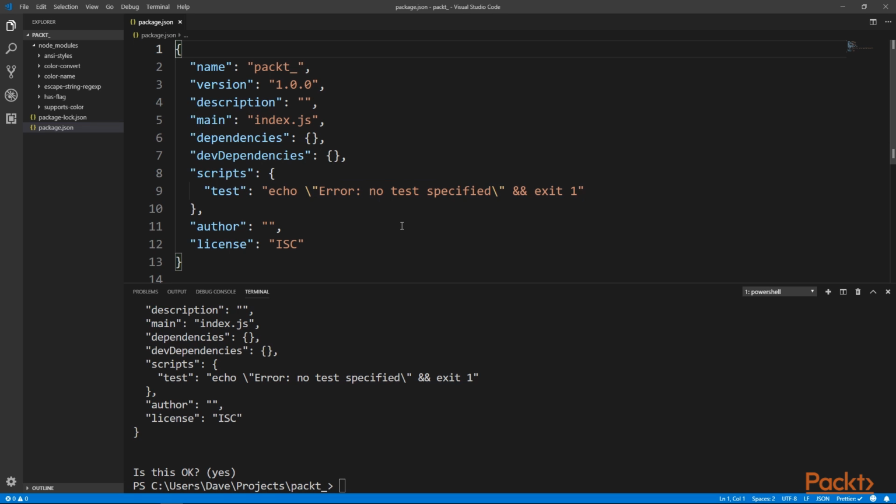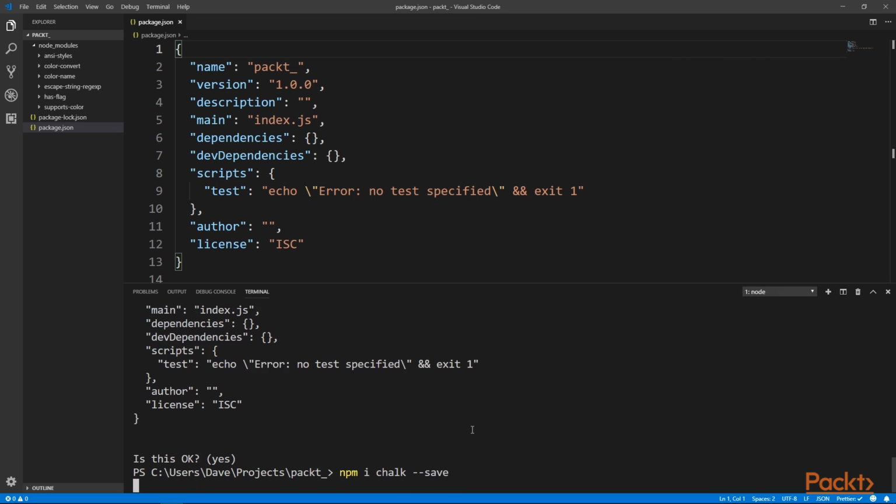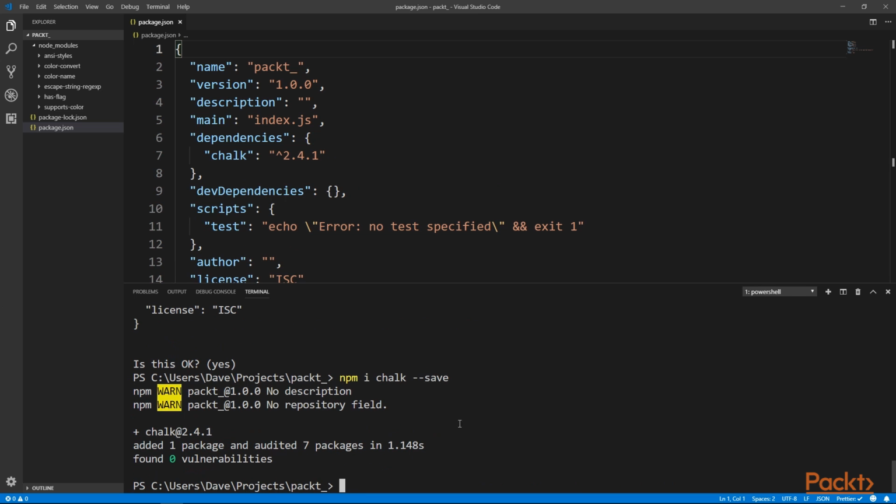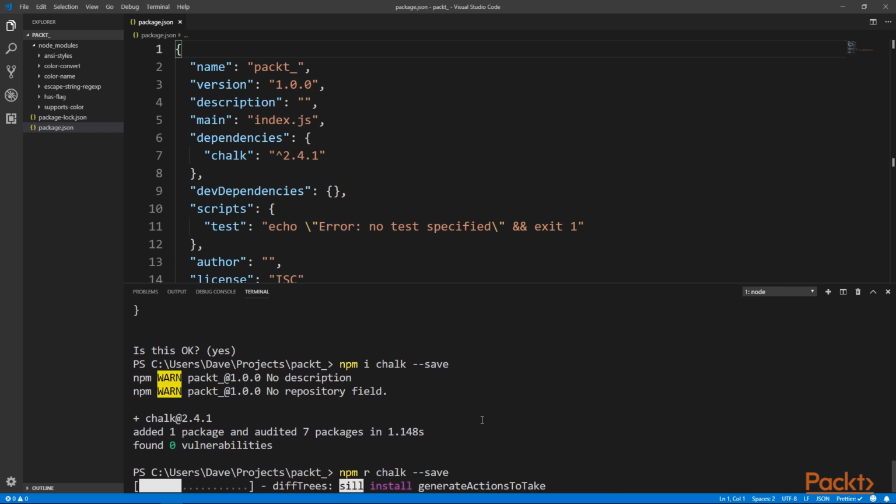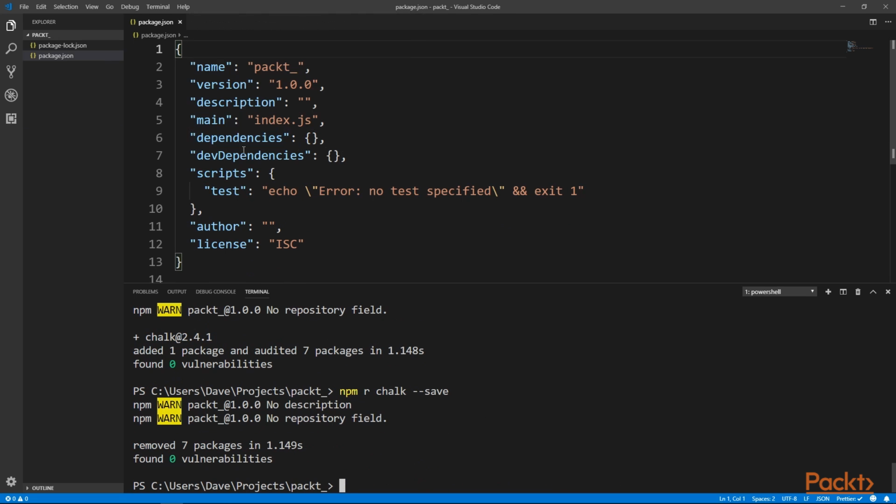Let's reinstall Chalk and save it as a dependency and see what happens to this file. Run npm install Chalk, and this time we'll pass the --save flag. Now that it's installed, we can look at the package.json and see that Chalk has appeared as a dependency. If we remove Chalk again with npm remove Chalk with --save, Chalk has disappeared from the dependencies, and the entire Node Modules directory has gone, as well as all of the